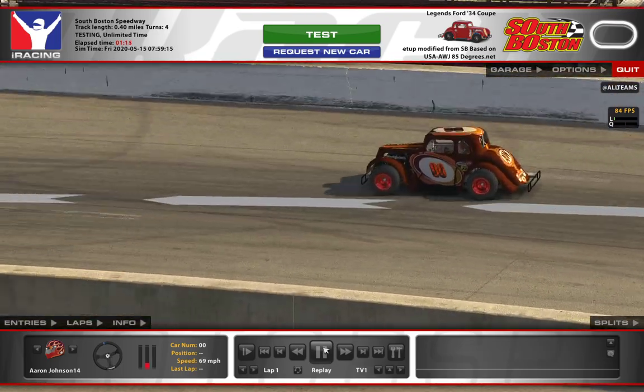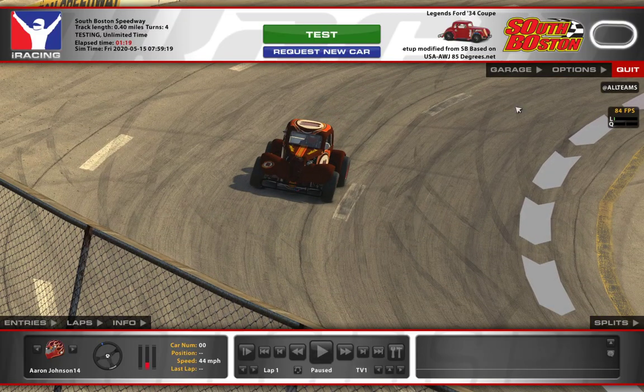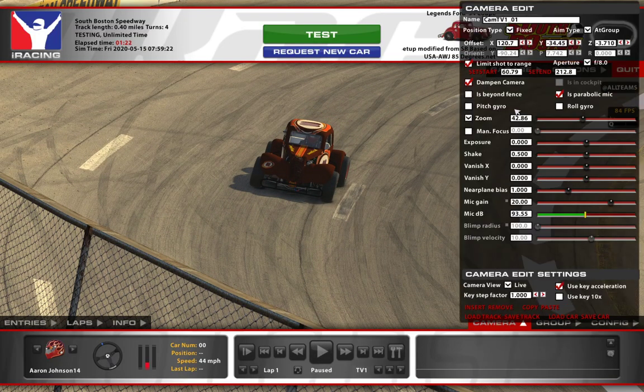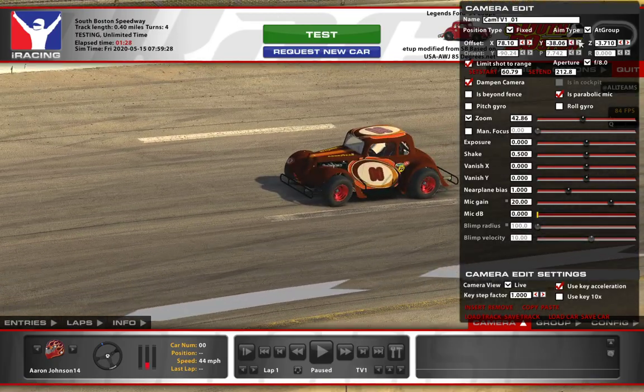We'll go ahead and go past here a little further. We'll stop the car right there. And then we're going to hit Control F12. Remember, those are the two keys you want. And that's going to allow us to get in here and rotate around the car a little bit. So we're going to rotate around here on the